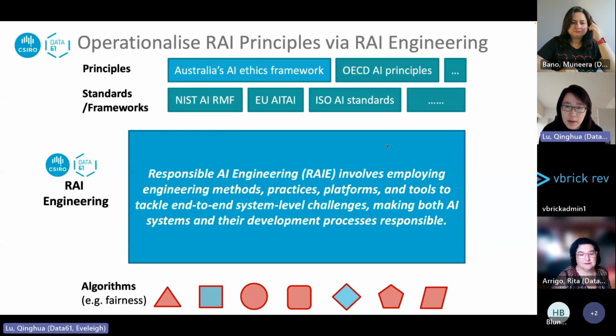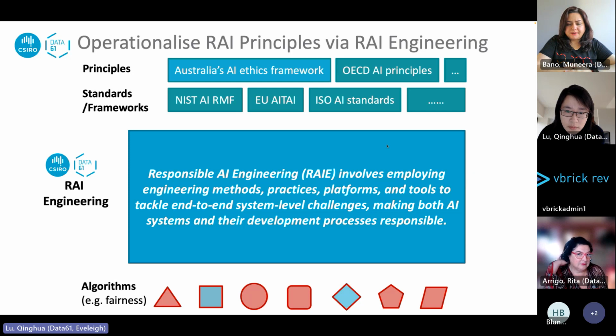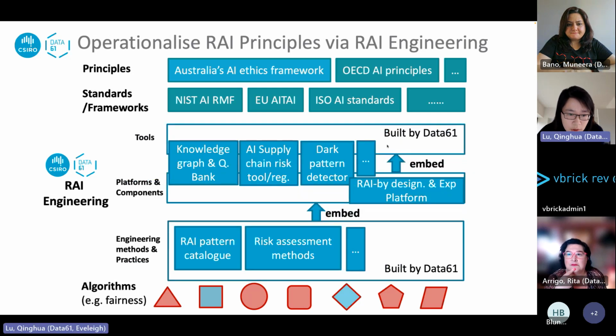To fill the gap between the high-level principles and algorithm-level solutions, we focus on a new approach called responsible AI engineering. Here I give a definition for responsible AI engineering. It involves employing engineering methods, practices, platforms, and tools to address end-to-end system-level challenges, making both AI systems and their development processes responsible. And here we show some of the responsible AI engineering methods we have